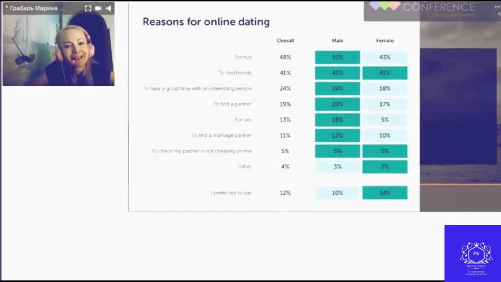Reasons for online dating. These findings suggest that there is still a degree of cynicism around the success of online dating, with people being more likely to look for fun online than love or a partner. However, with so many people turning to online dating for such a variety of reasons, it's clear that the activity is literally allowing people to carry their relationships around with them wherever they go.